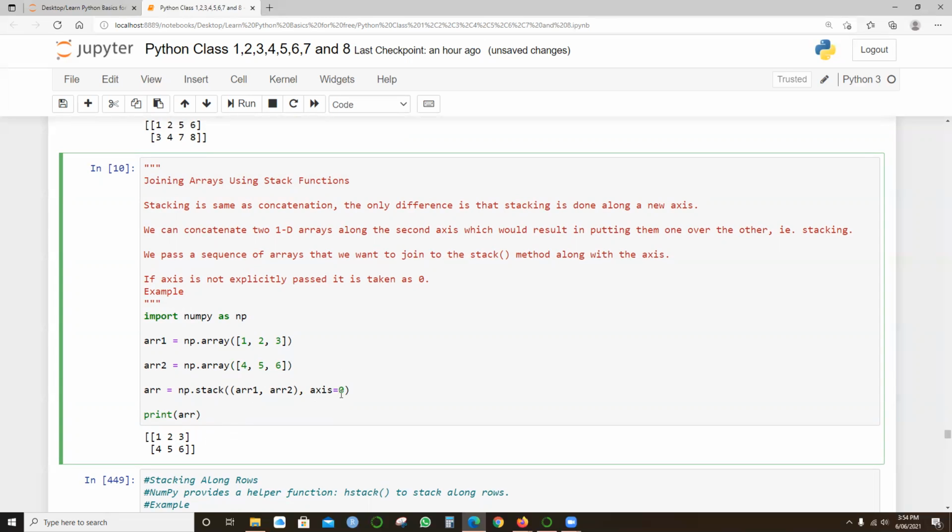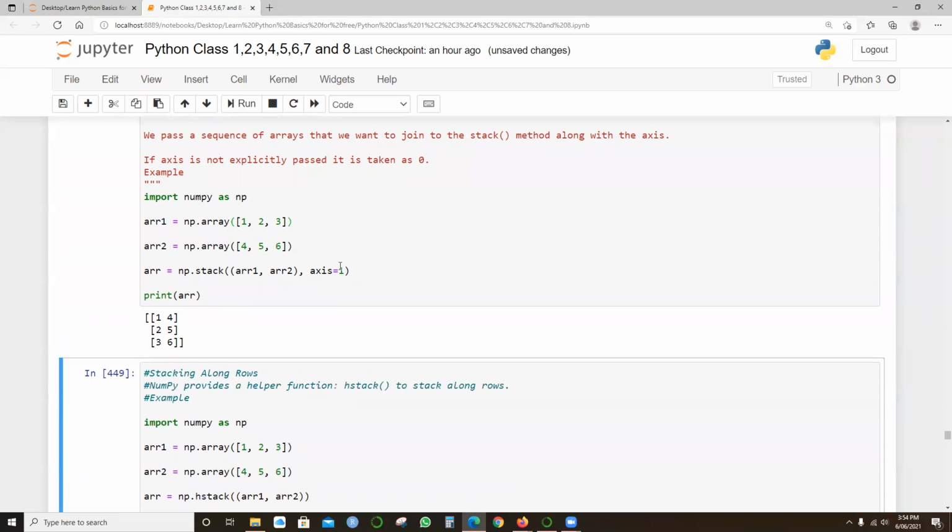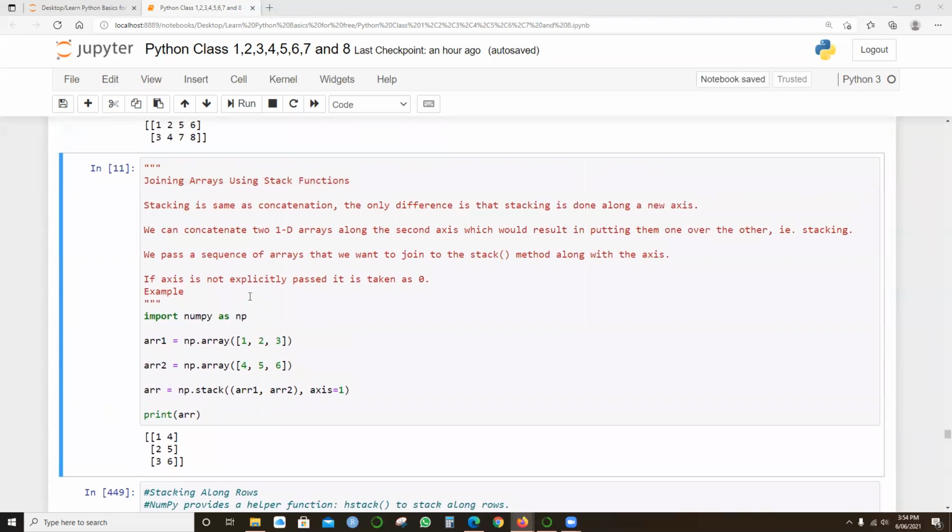This time axis equals 1. Let's run this. Look at this. Here we're getting 1 and 4 as one single dimensional array, 2 and 5 as another, and 3 and 6 as another. What is happening here is that we have used the stack function.